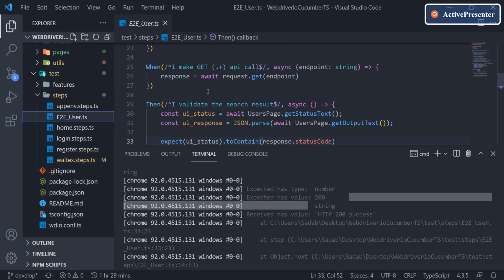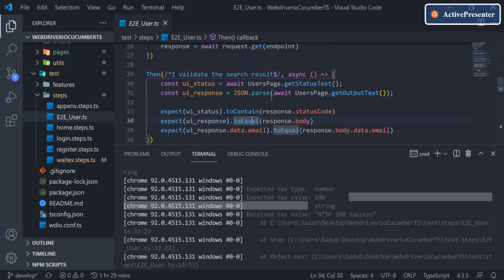Our first assertion is somewhere here, and what it is saying is that whatever you are getting is type string. Because we are doing get text, it is a string, whereas this status code is type number, and that is where it is failing. So let's change it to string.